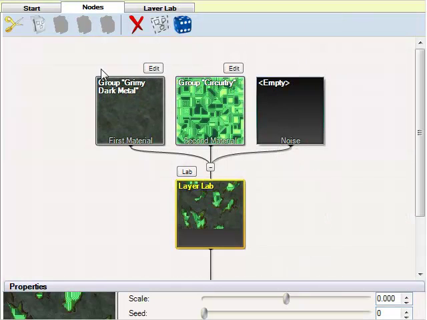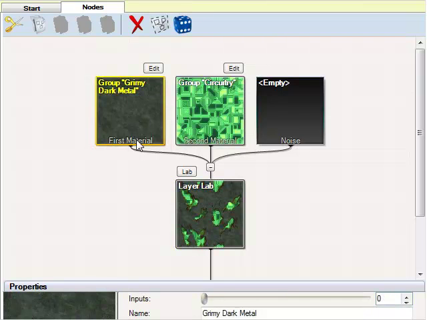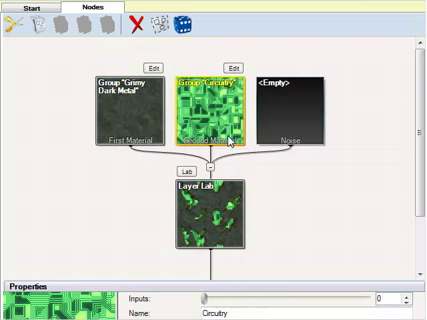This brings you to a view of the node tree. As you can see, it's opened a new tab called Nodes. You can think of a node as a single step in the process of creating a texture. This node tree is composed of 3 nodes or steps. A node that produces a dark metal, a node that produces a glowing circuitry texture, and a node that combines